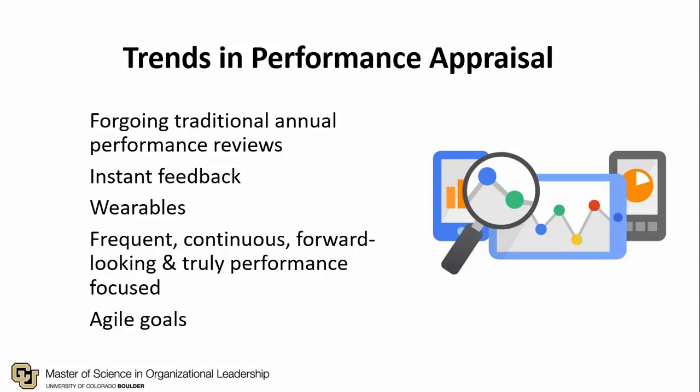One of the important aspects too of some of the trends is that we can have goals that are more agile. This means that we have the ability to change them. So it used to be that you would have a goal that spans across a whole year, and even if you achieve that goal in the first 3 months, or if you see that you cannot achieve that goal, there's not the ability to go back and change it. But today